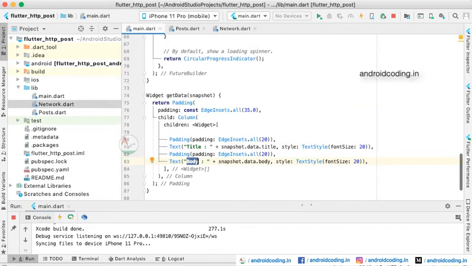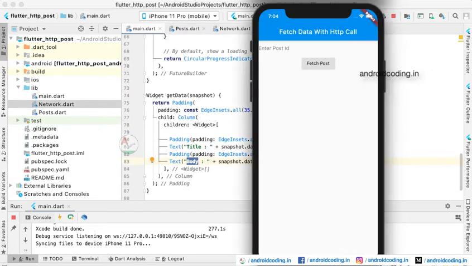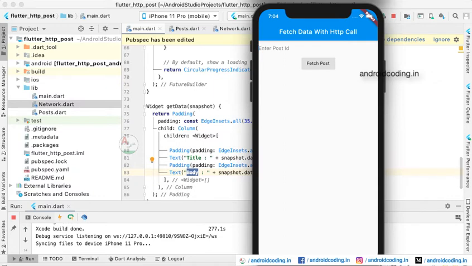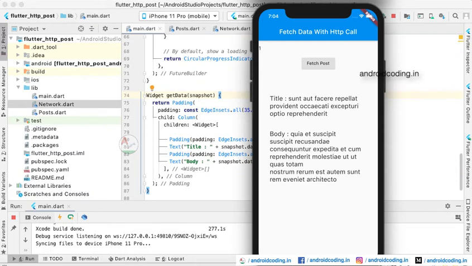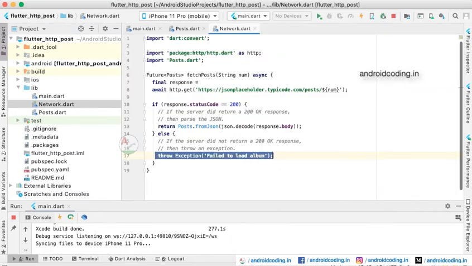So now let us try to see the output once. Here you can see the user input field here. So now we will try to enter a value and try to fetch the post here. So here you can see we have received the data here. So now let us try to look at the browser level for the output once.